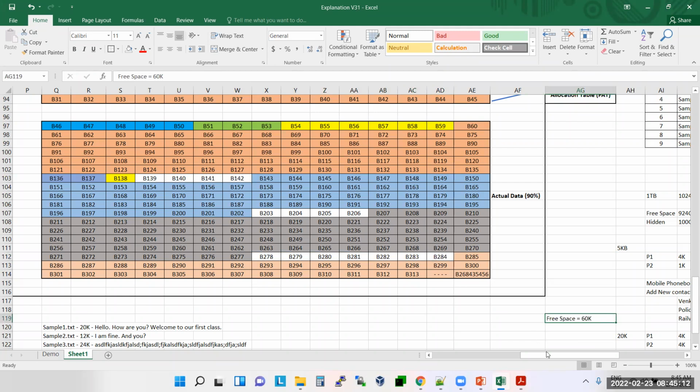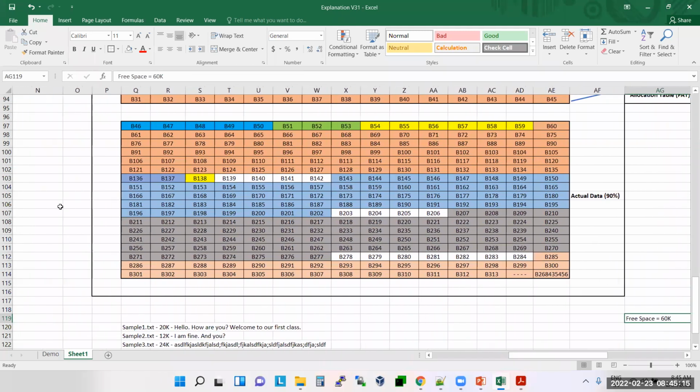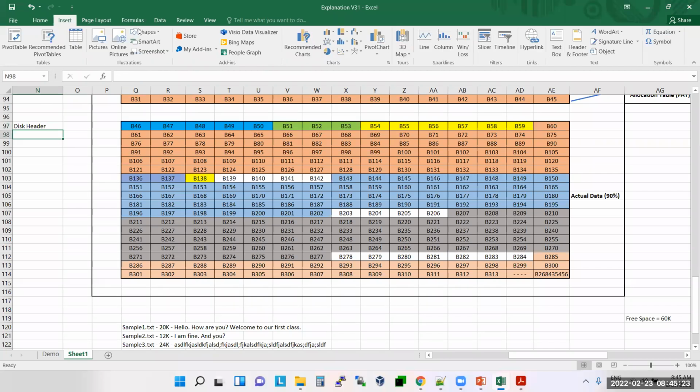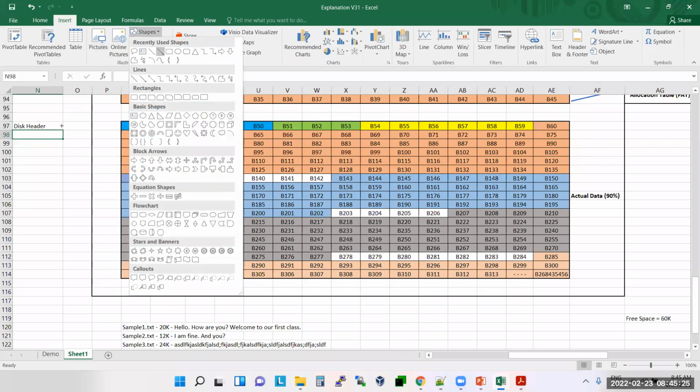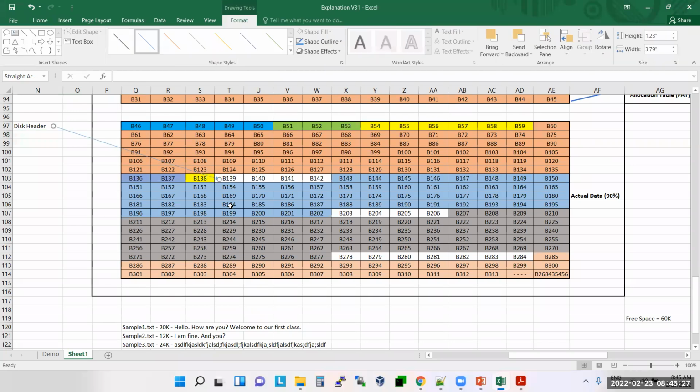Now if I start writing, what will happen? Say this is the disk header. What will the disk header do? First, it will come to 139, and it will start writing the data till 140.